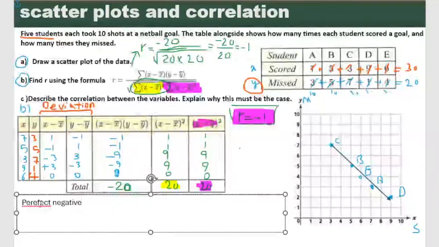So I say, first of all, we see the relation between them is negative and it's so strong because R is close to 1 and we see this data follow the linear line, linear equation. So I write the perfect, not weak, perfect negative correlation